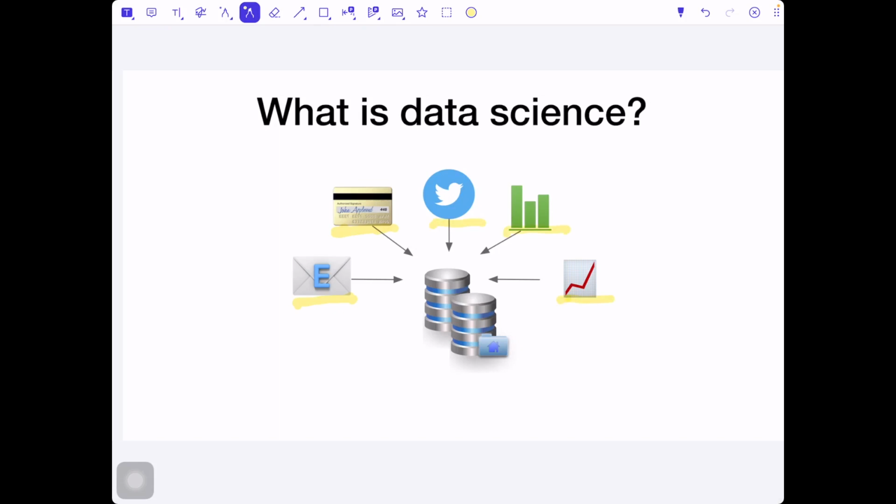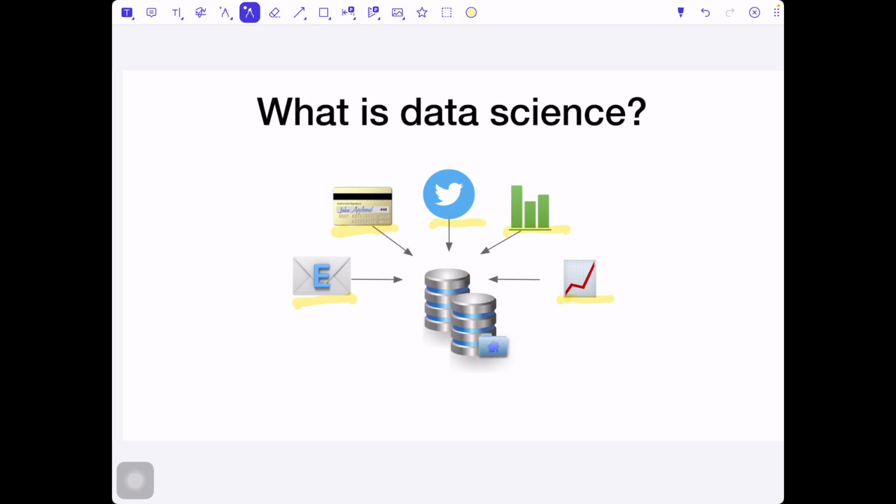Data is given in thousands of forms of representation, and we use this data to draw meaningful conclusions.